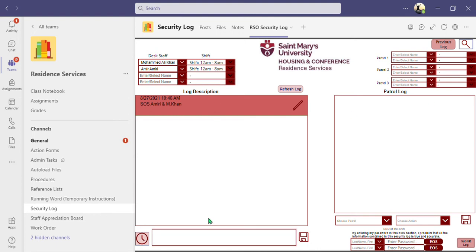This is how we will start the log, like leaves desk for OA, and we can again enter another log, and this will be updated there. This is how we can enter the log inside the new security log. We can refresh the log every time so that we know